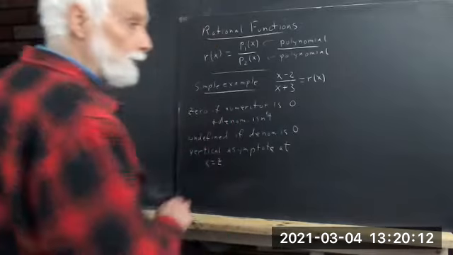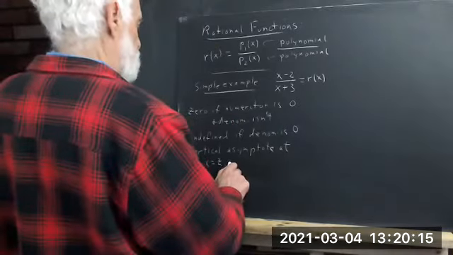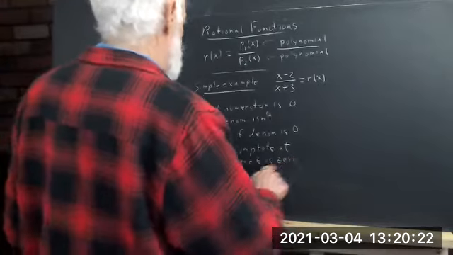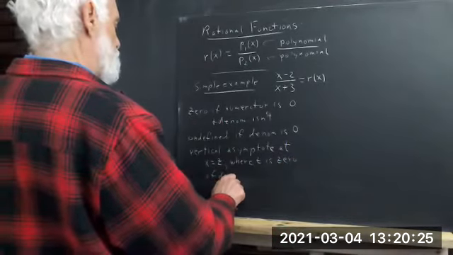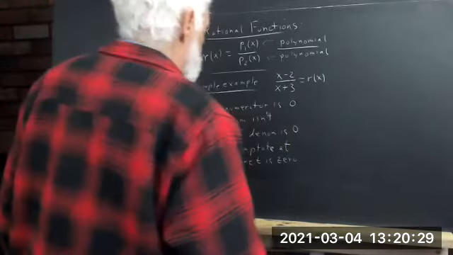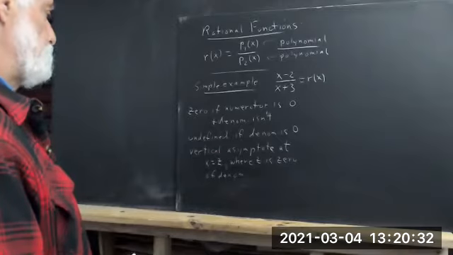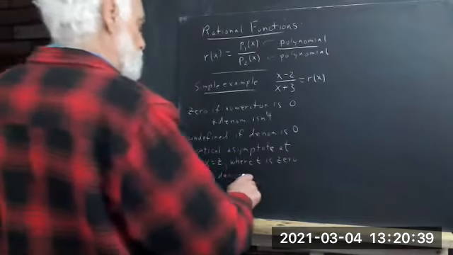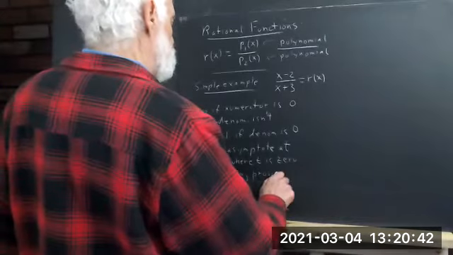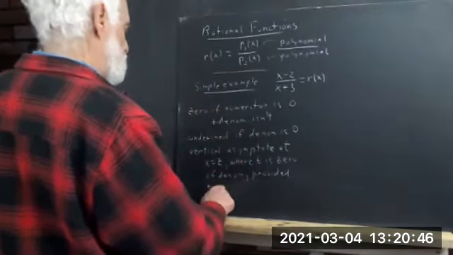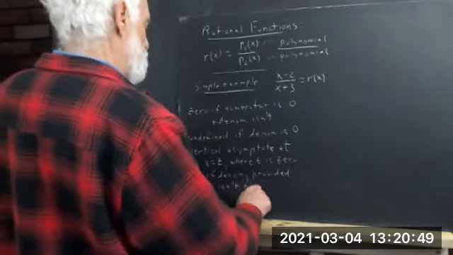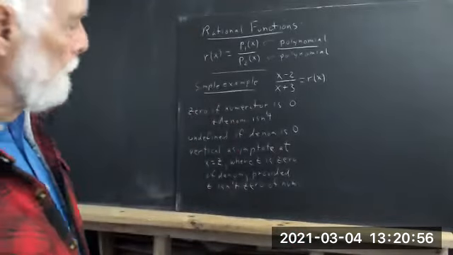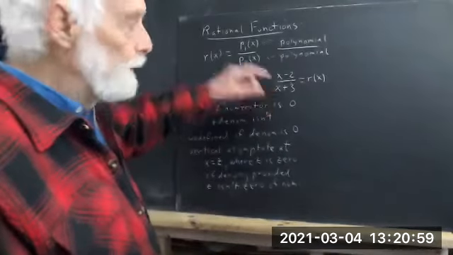Where I'll say at x equals z, where z is a 0 of the denominator, and I should have said it earlier, but this is provided z is not a 0 of the numerator. Now, in the case of this specific function,